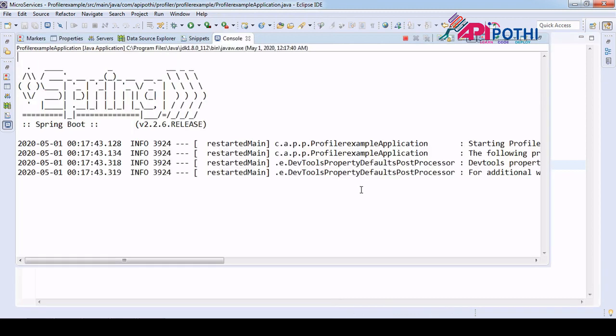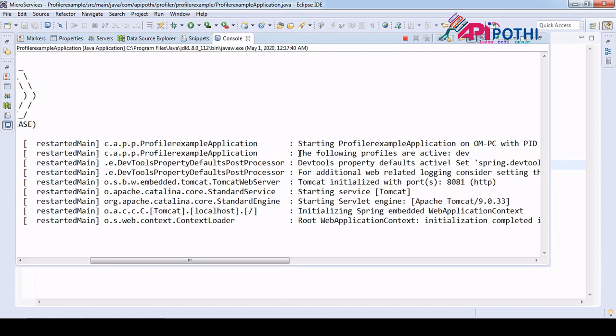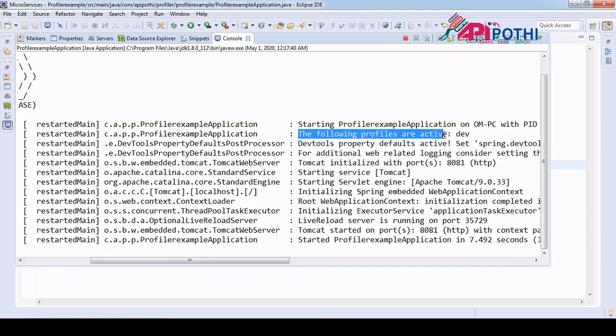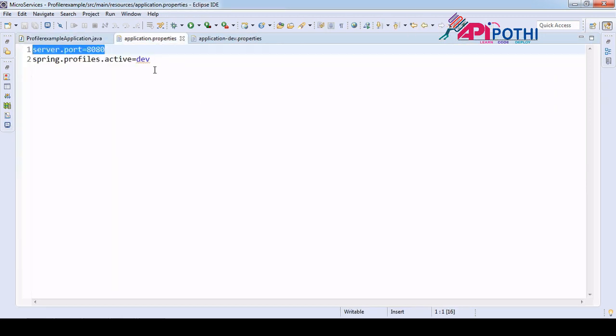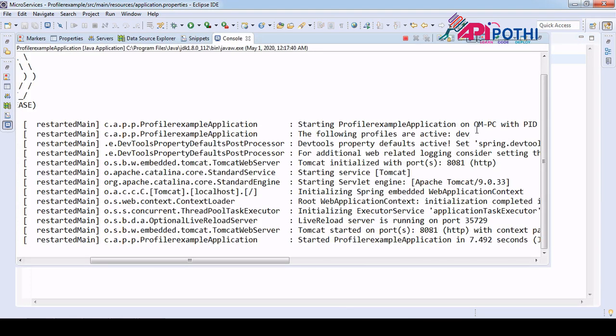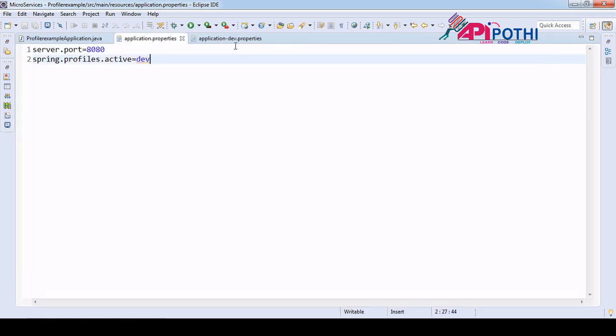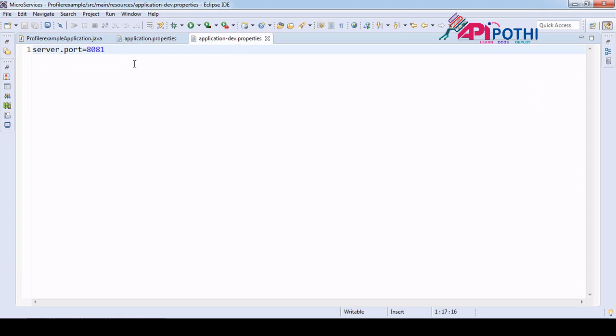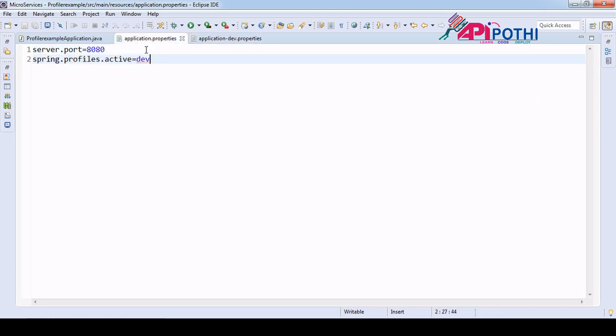As soon as I run, in the second line of the log I will see my profile is set. See, the following profile is active: dev, meaning I have activated my profile as dev. That is the reason this log says the profile currently running is dev, and it is running on port 8081. The reason is I have initialized my dev profile as 8081. That is the reason it is running on 8081. But the question here is,